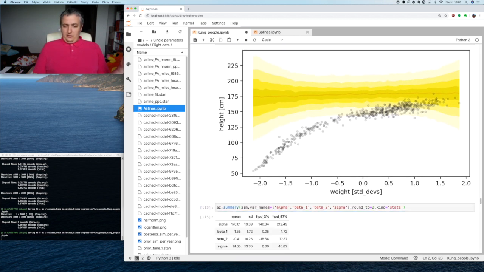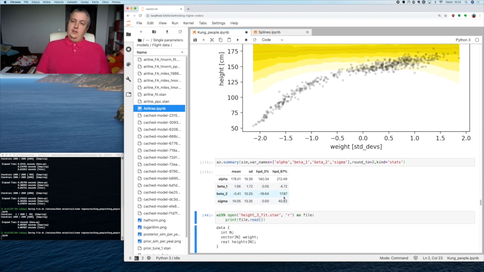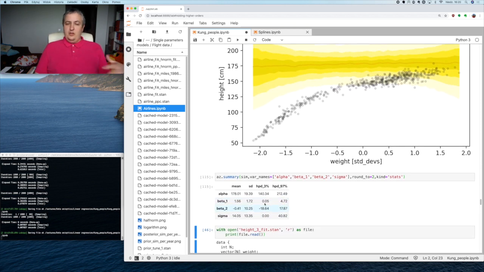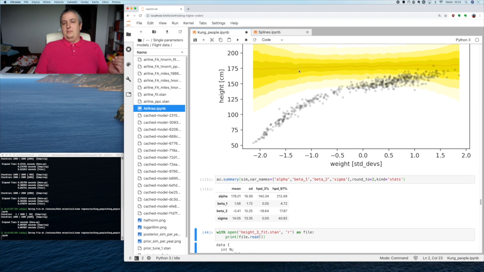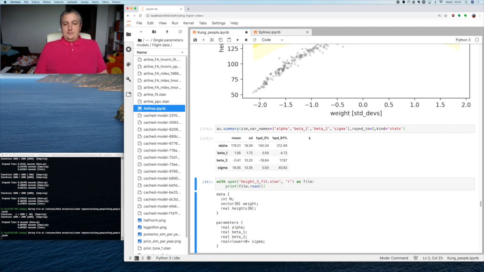So what do our summaries look like? At least for the simulation, we get again large spreads of everything, but we don't care too much. Our model is not perfect, but this distance from the sample value is not that much of a problem that we should care about it. We could change the mean of the prior for alpha, but it's not a really significant change that would change anything about our posterior. So having a model that does not generate obvious rubbish,